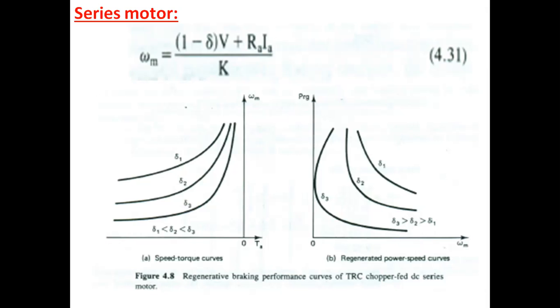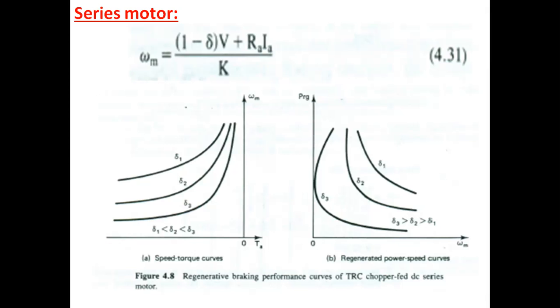So first, what is the first step? We have to choose a value of armature current IA. So corresponding to that IA, the value of K will be obtained from the motor magnetization characteristics. This is the second step. First step, we choose the value of IA, and second step, the corresponding K will be obtained from the chosen IA value.